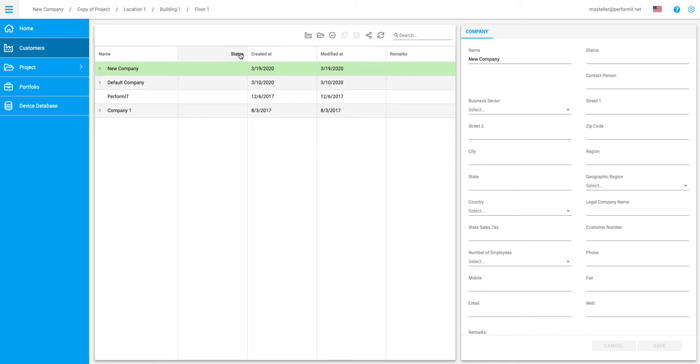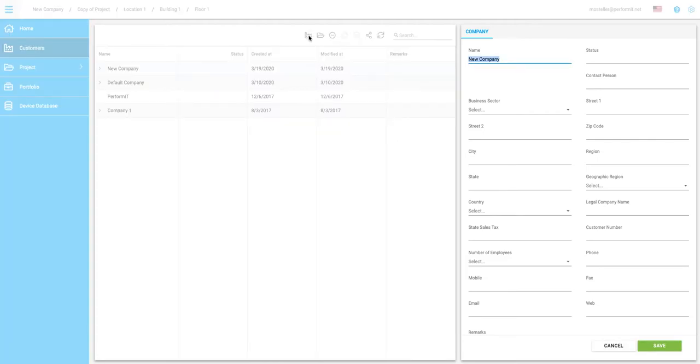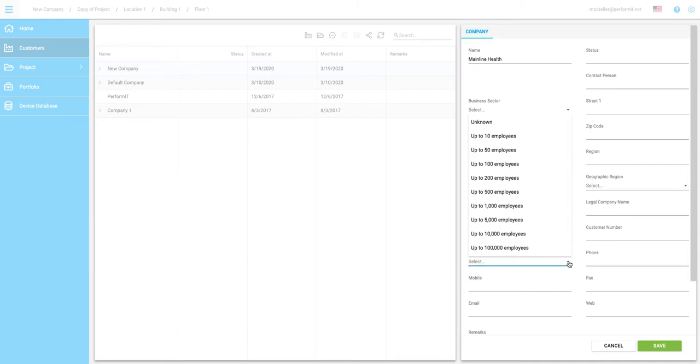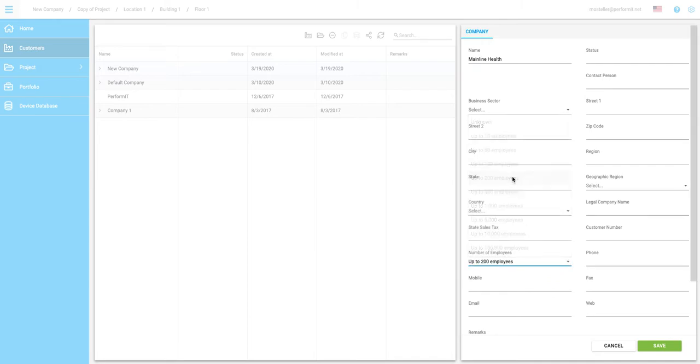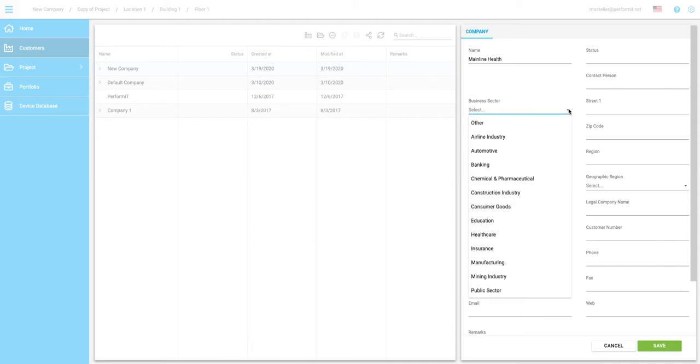So if I want to add a new customer, I go up here to the create a new company icon, click on that. It's going to give me the ability to create a new company. You give it its name and then fill in information that goes with it. It's very useful to have address information, geography, number of employees. These things are all important to help you identify what's going on